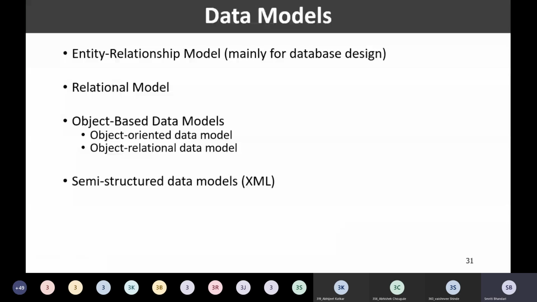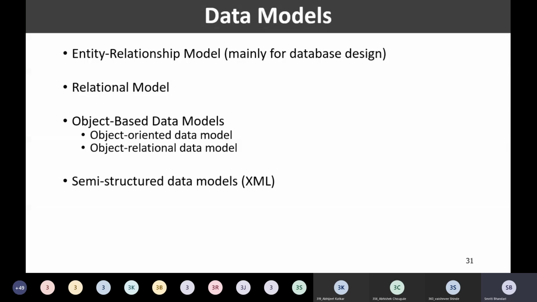So I may have flexibility with respect to the number of attributes that I use to store the instructor record. Say for example, to store one instructor, I may use all 4 attributes, or to store another instructor, I may use only 2 attributes or something like that. So, once again, I'll repeat, the semi-structured data model actually allows the specification of data where individual data items of the same type may have different sets of attributes.